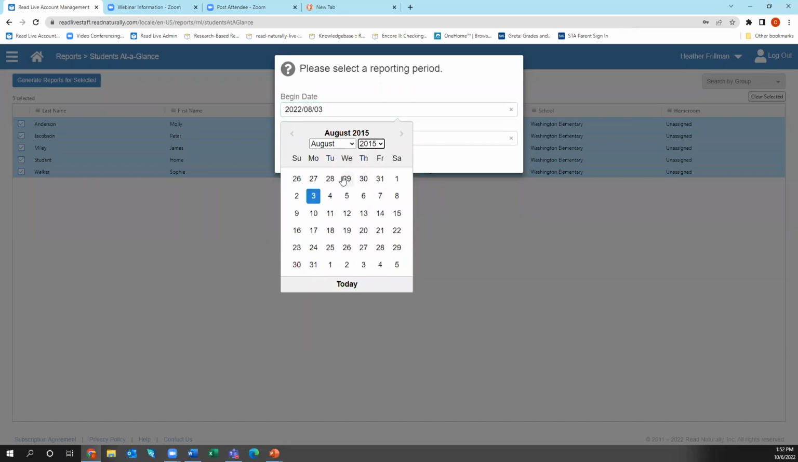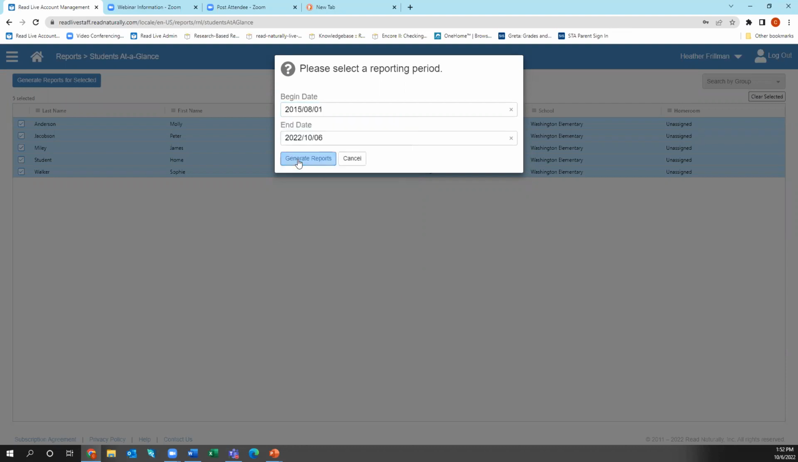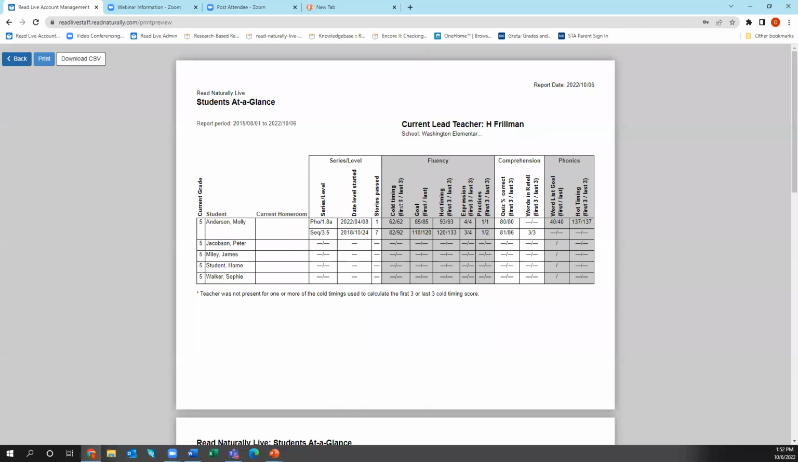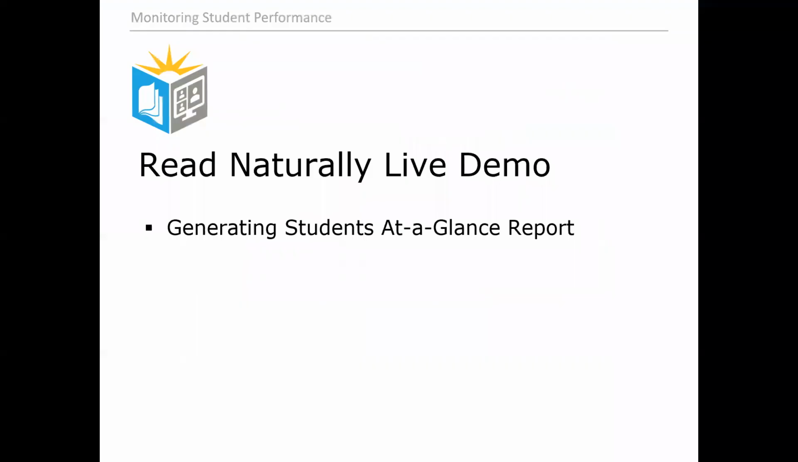What you do then is select their date range. It auto-fills to August 1st of the current school year. And then you click Generate Report, right? So let's get back into the PowerPoint. And we're going to go on to talk about